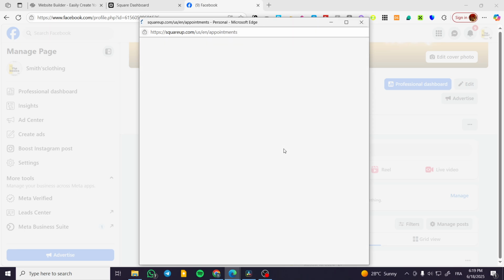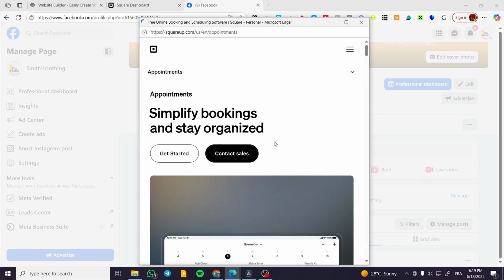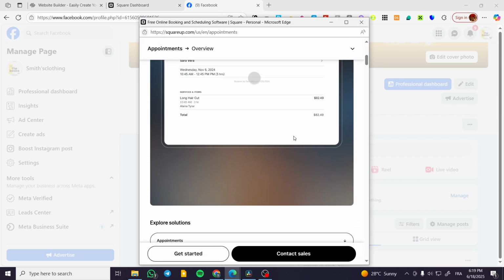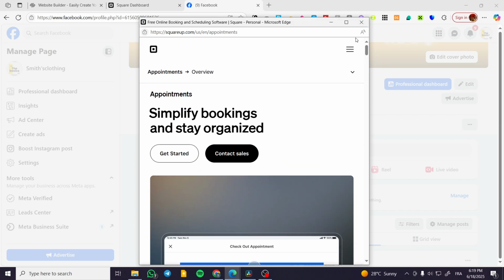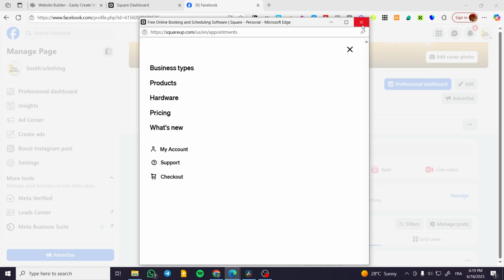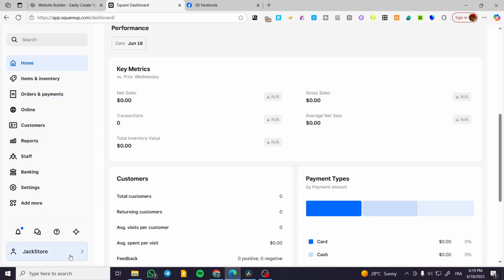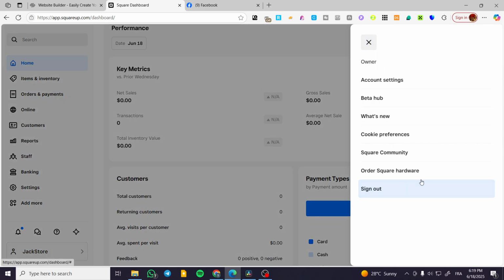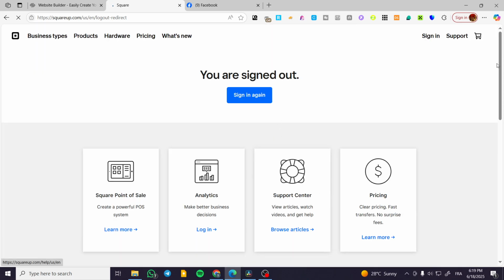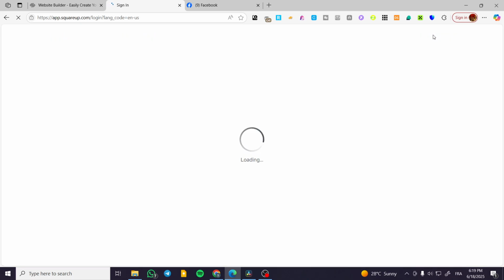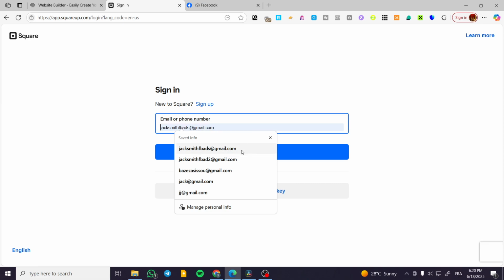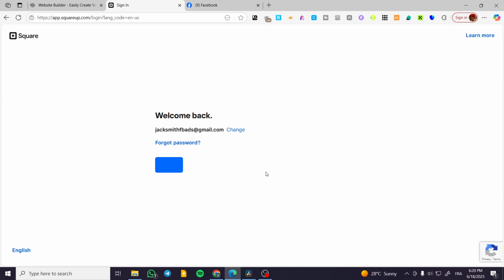And we're going to see that it is going to give us here the option to log in. So we are going to basically log in. Here in this account, I currently do not have a Square appointment account, so I'm going to sign in here real quick. I'm going to add my old account, sign in,